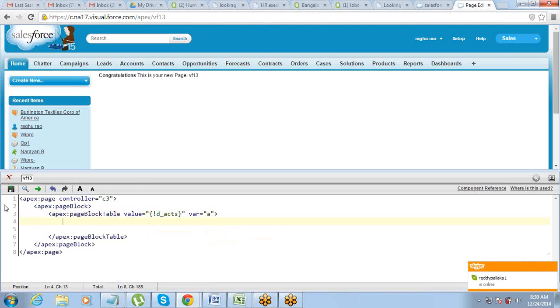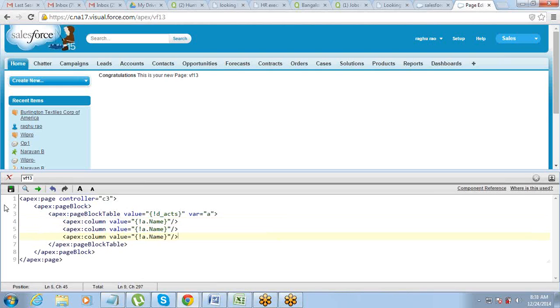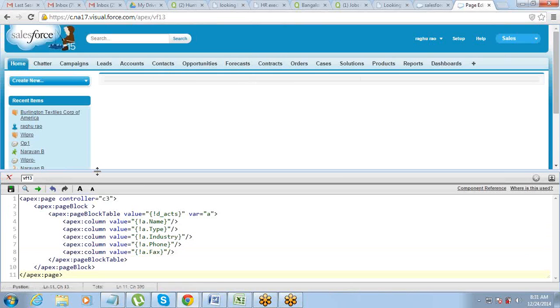Variable can be same, A. Apex column value A.Name, type, industry, phone, fax. Okay,